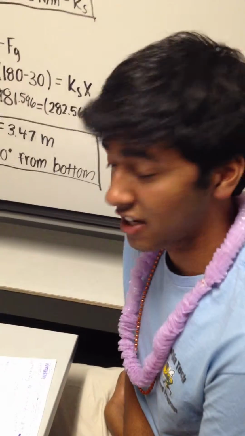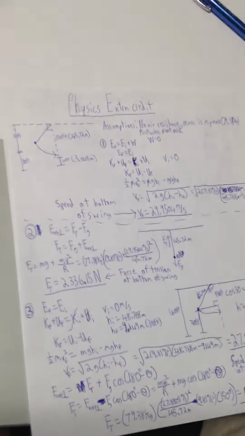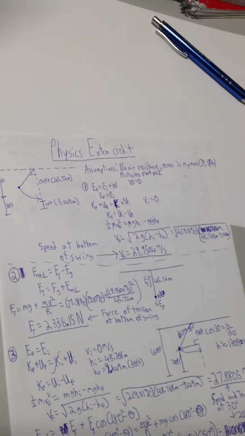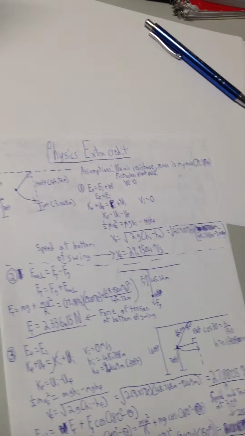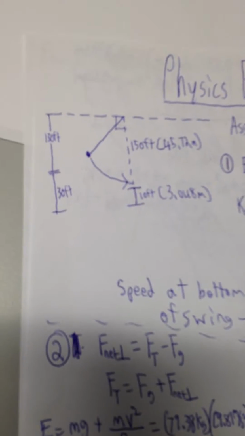Here's my physics extra credit assignment. So basically, we're doing the world's largest swing, and first things first, you gotta draw diagrams that look nice, and figure things out. And we learned from the video it's